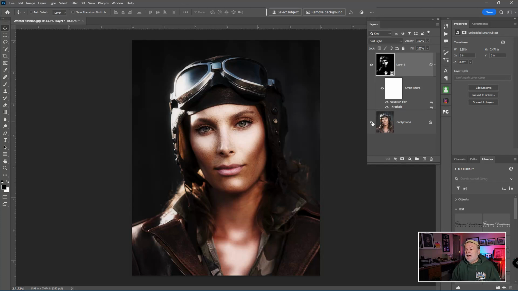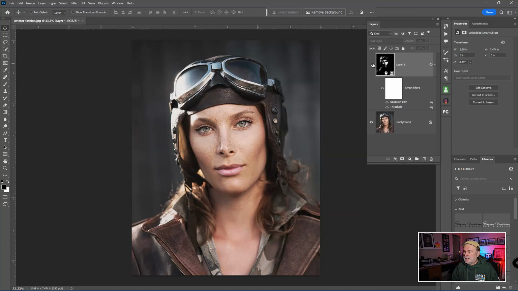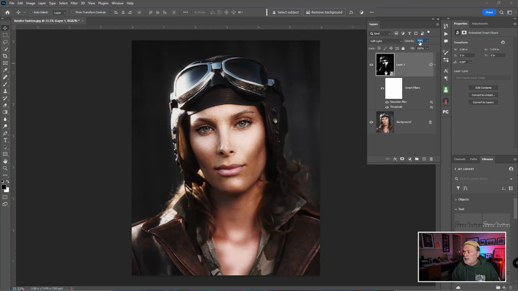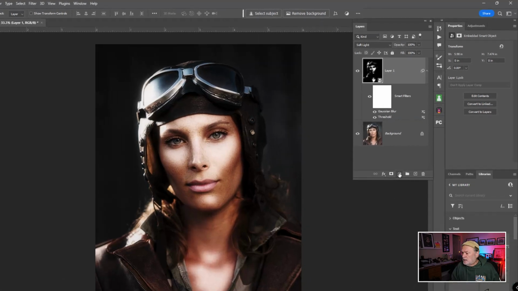Now, again, after this is totally up to you. You can play with this. You can say, hey, I want to pull the opacity of this down a bit. I mean, that's a possibility. So there's before and after. I'm going to turn that on and off. That's another way of doing it. Or I like 100%. I might go back here and say,